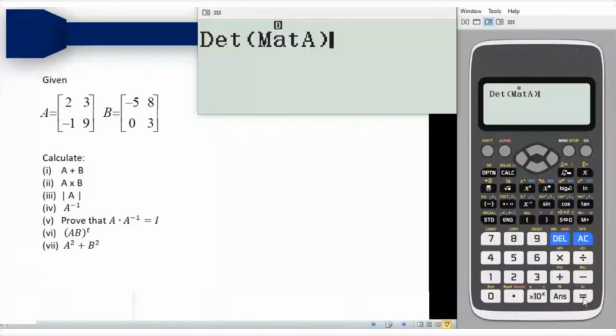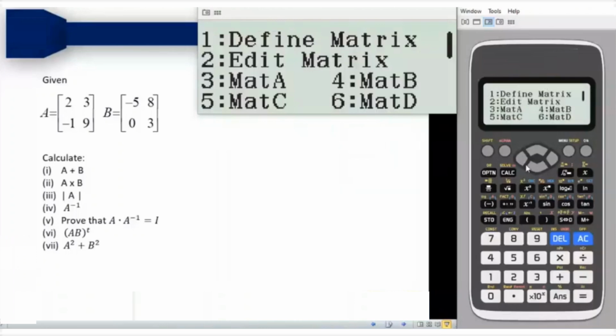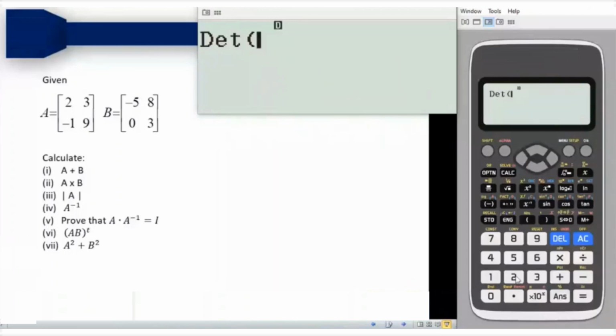So determinant of this matrix is 21. I hope this is clear. Third part was to find the determinant. To find the determinant, I pressed the option button. I scrolled down. I pressed 2, the calculator asked me determinant of which matrix. I pressed option again and I pressed 3 and I closed the bracket. That is, I want the determinant of matrix A and I press equals to. The answer is 21. Although it is not the requirement, but let's say you want to find the determinant